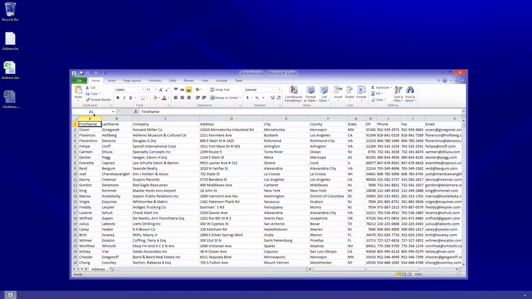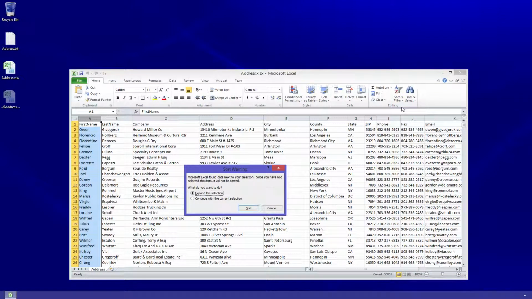Moving over to Excel gives us some more powerful functionality that we didn't have before. The most important, for this video at least, is sorting. With our text file, or what is commonly referred to as a flat file, we didn't have any sorting options whatsoever. So now if I select the A column and then go to Sort and Filter, we can see that I have some sorting and filtering options that I can use. Now if I sort by this column, Excel is going to find some data next to it and ask me for more information. If I make sure that the Expand the Selection option is selected, then click Sort, Excel will